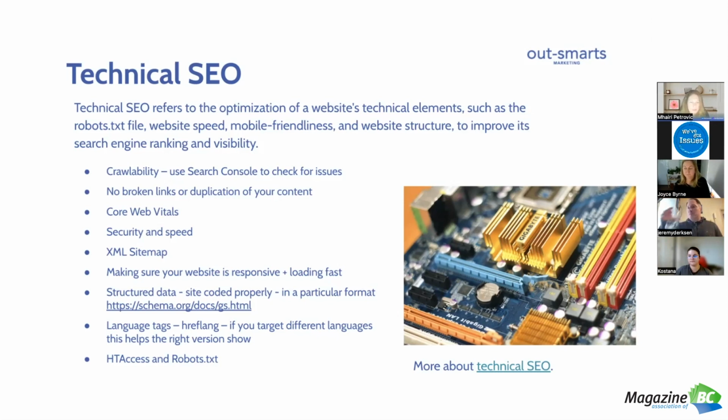It should be structured in a way that's easy for visitors to navigate. You should have a menu bar so people can easily know where they need to go to find the right information. You should also make sure that you're using htaccess and robots.txt files and using them properly to allow Google to learn a wee bit more about your content. Robots.txt and htaccess files really tell Google a wee bit more about the pages that you want it to see and the pages that you maybe don't want Google to see, so that those pages aren't showing up in the search engine results.